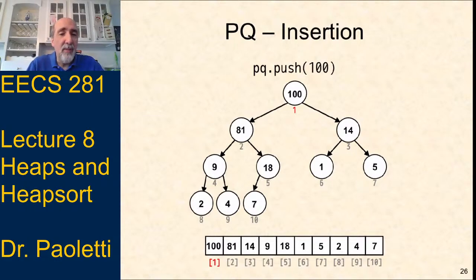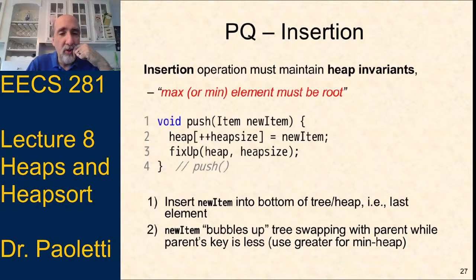So that's what's going on behind the scenes. So in the push implementation, we've got a few things happening here. We say heap[++heapSize]. Wait, that's a pre-increment, so heap size gets incremented first. So we put it in heap[++heapSize], set that equal to new item, and then we